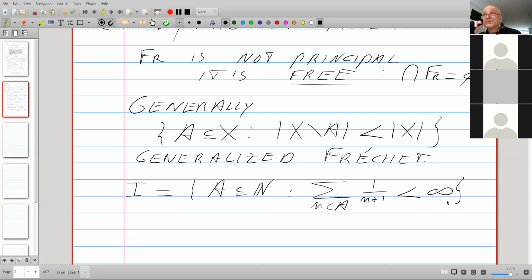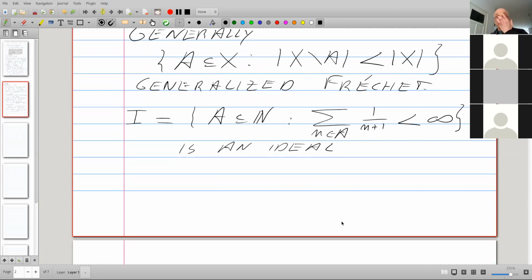All the subsets of the natural numbers such that if you take the harmonic series over the points in that subset, the series converges, this is an ideal. Because if two series converge, then so does their sum, or their union, so to speak. And so the complements give you a filter.